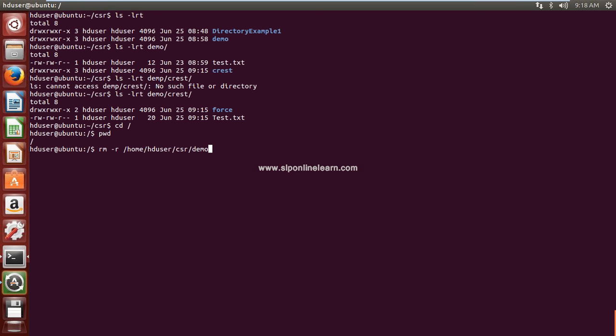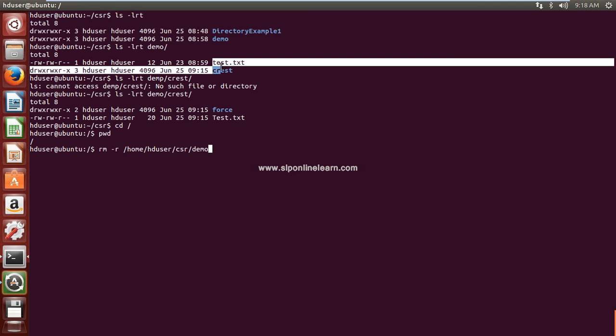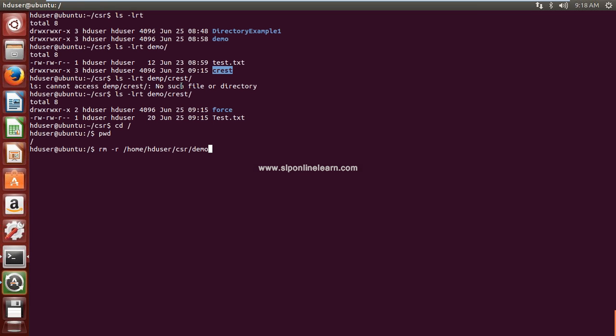So this is my directory which I want to remove. This demo has one file and one subdirectory. Again this subdirectory crest has one subdirectory and one file, right? So this demo is not an empty directory.